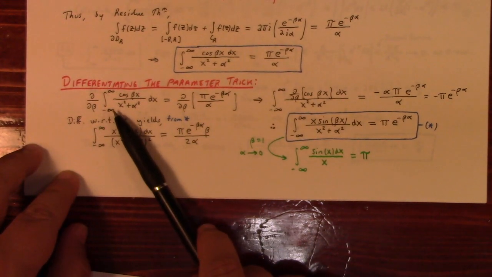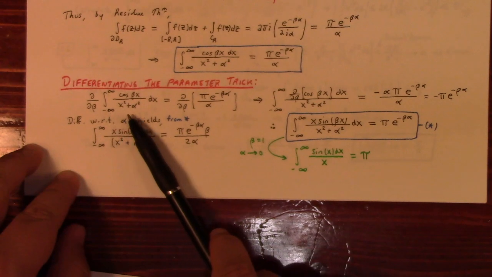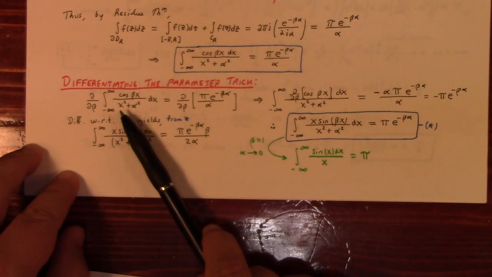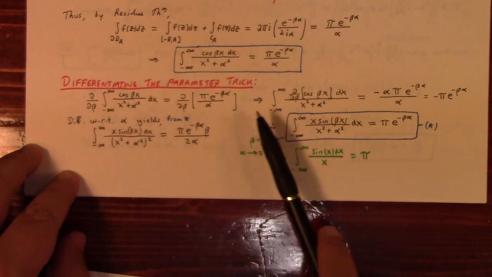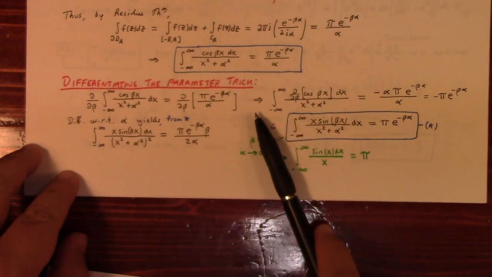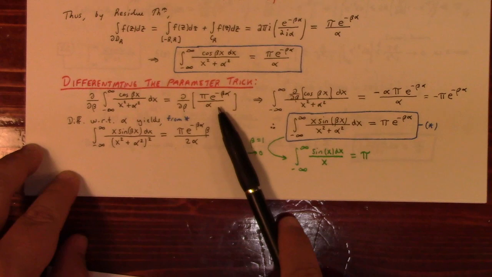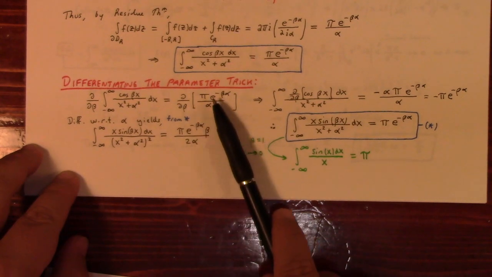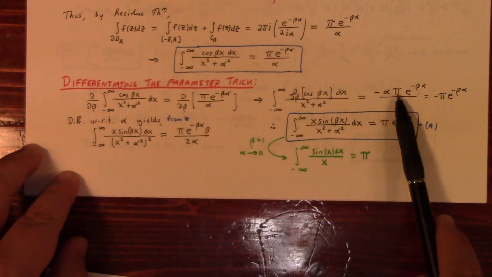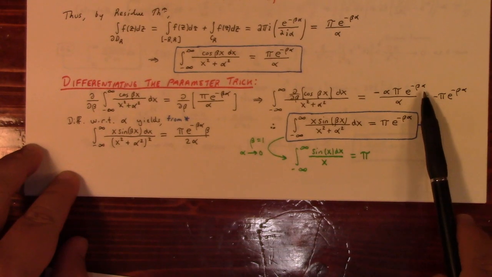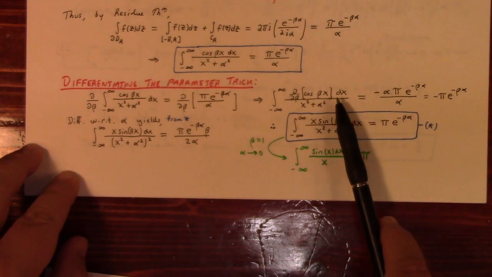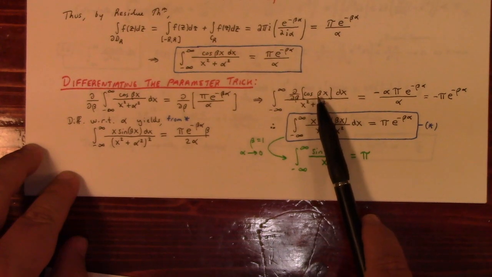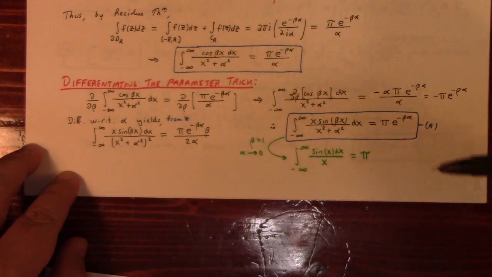And so we get that differentiating this is equal to the derivative of that, but you bring the derivative inside, and so differentiating that, of course, with respect to beta, gives us a minus alpha pi e to the minus beta alpha, so the alphas cancel and you're left with minus pi e to the minus beta alpha. Differentiating this gives you a minus sine beta x times,